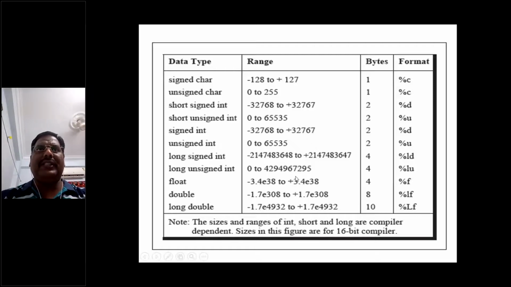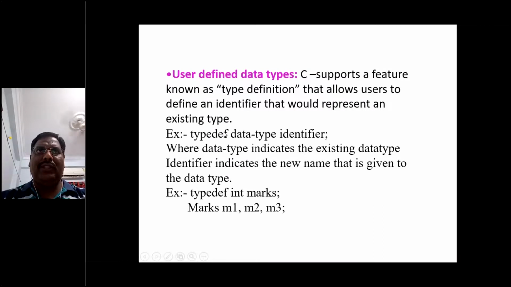So these are the ranges of memory storage and the representations of the data types. And one more thing, user defined data types. C supports a feature known as type definition, which allows users to define an identifier that represents an existing type. typedef is a keyword and a powerful way to define this kind of variable.